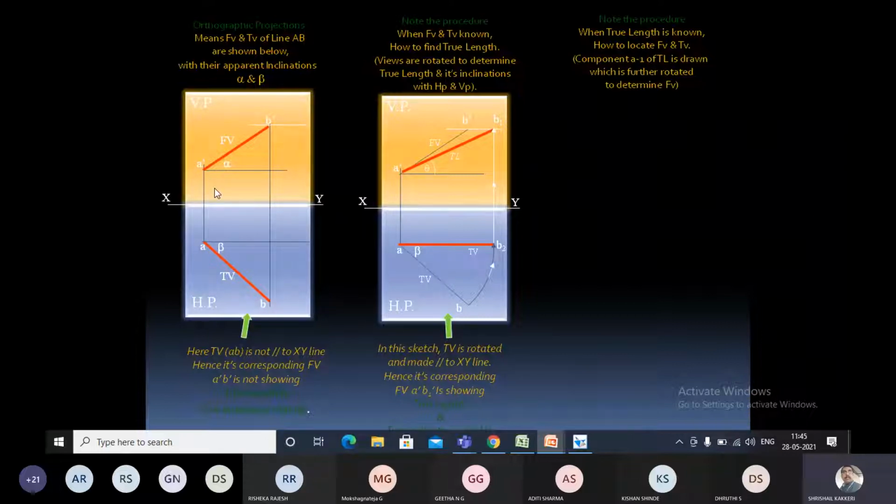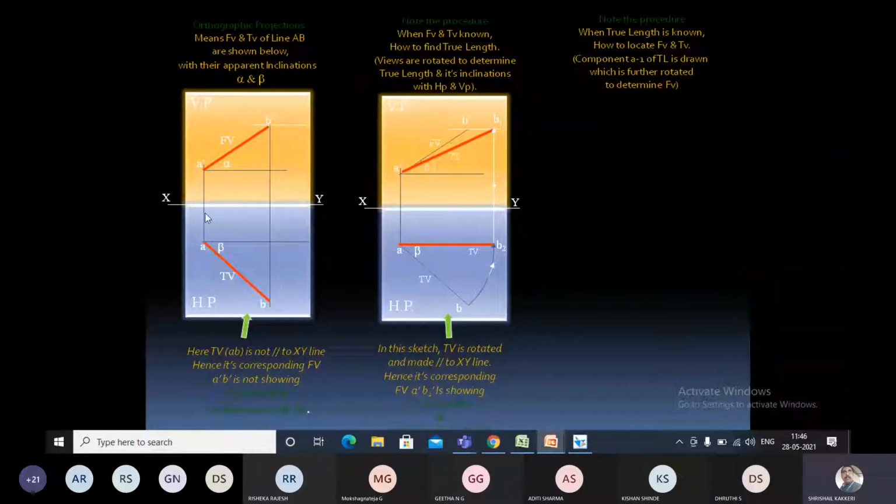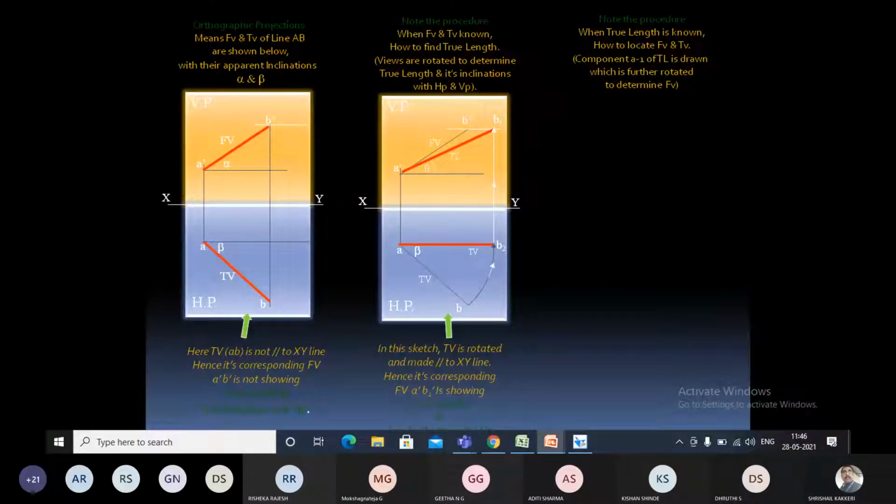This distance is called the distance between the end projectors. It is applied only for the apparent lengths of the object, not for the true length. Please write, the distance between the end projectors will be the same for the apparent length.